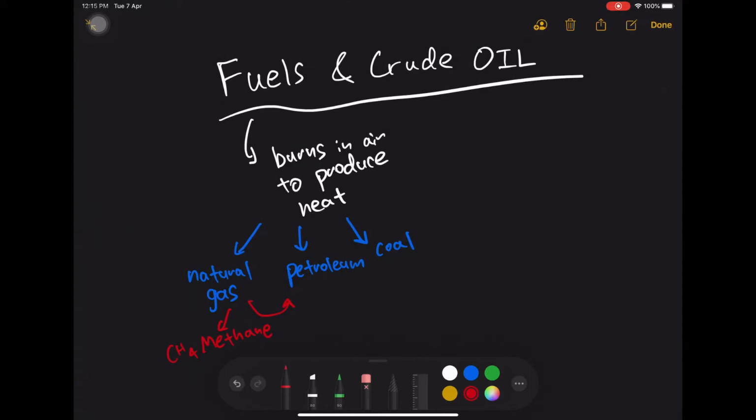So for crude oil, we have our hydrocarbons. Hydrocarbons are molecules that contain only hydrogen and carbon. So this will give us something like methane, CH4. So methane is a hydrocarbon, and crude oil contains many hydrocarbons, and they are separated